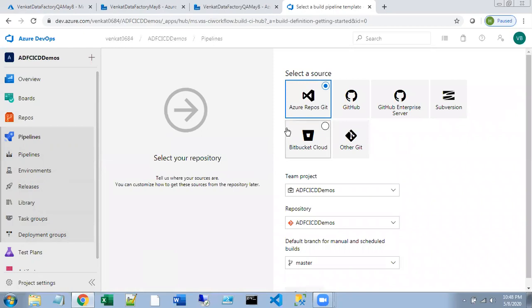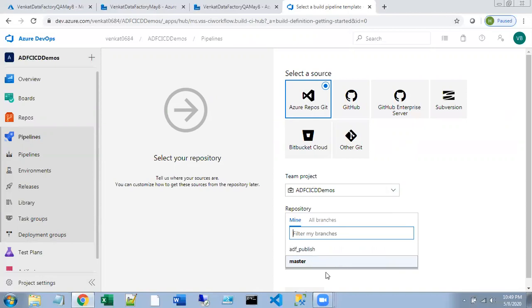Where is your code? I'm having my data factory code in Azure DevOps. This has been selected by default. And you know that this is the repository where you have your code. And the default branch that you have to select for scheduling the builds manually. But as I told you, we have to use the ADF_publish, right?